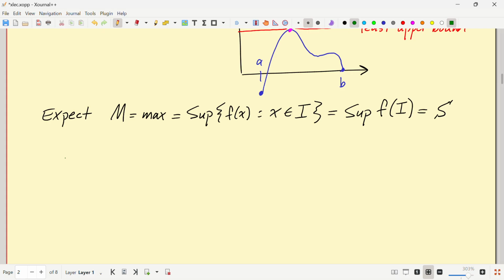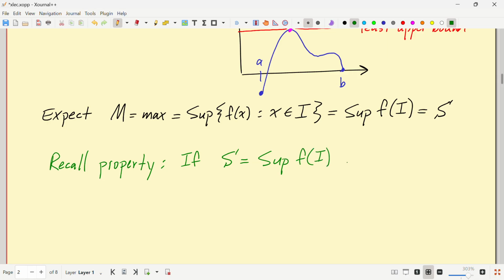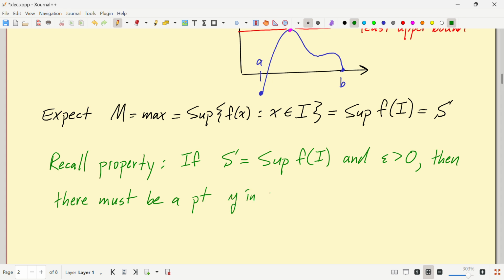So recall the property: if S is the sup of that set, and epsilon is bigger than 0, then there must be a point y in the set such that